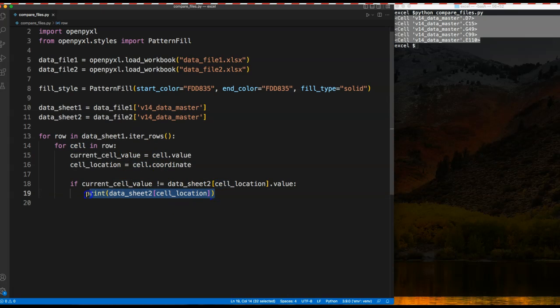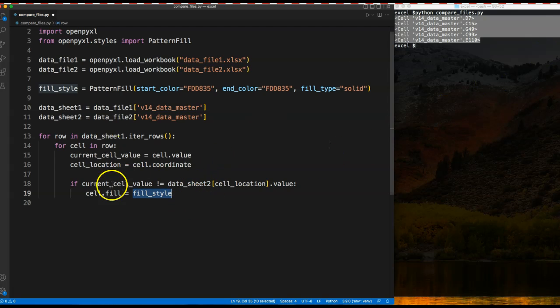So we'll say cell dot fill equal to fill style. All right, so once you do that, you're saying that take the cell and in the fill property apply this style, right? So once you apply this style, this comparison will happen for all of the data within your Excel